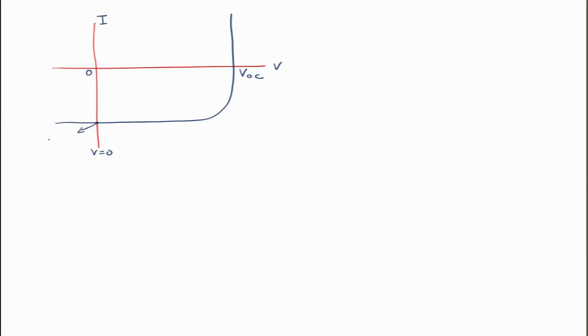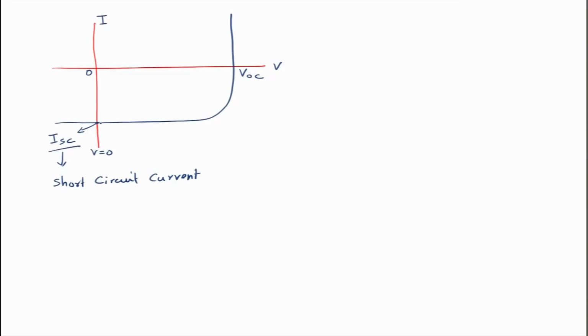So at 0 bias, the current that we get is equal to ISC, which is called short circuit current, and up to some point the bias induced current is not large enough. As a result, ISC stays nearly constant. Now this depends upon the type of solar cell that you have, material quality that you have, what kind of recombination you have. So for a perfect solar cell which does not have high level of recombination, which does not have high level of SCR current or other kind of currents, the ISC stays flat up to quite a bit of voltage, and before